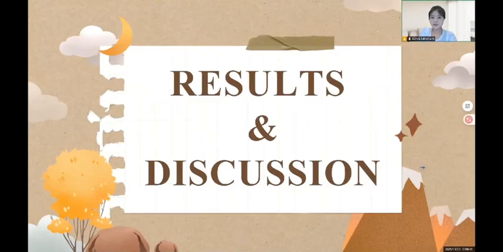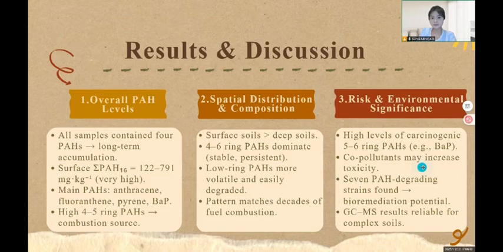Let's move into the results and discussion. First, let's look at the overall PAH levels. All the soil samples contain 4 to 6 ring PAHs, which shows that these chemicals have built up for a long time. Surface soil PAHs are very high. The main PAHs we found were anthracene, fluorene, perylene, and BaP, and most of them were 4 to 5 ring